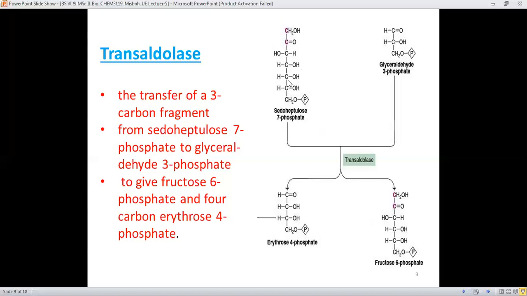When there is removal of three carbons from here, then only the bottom four carbons will remain over here. Then pseudoheptulose will no longer remain a seven carbon unit, it will change into a four carbon unit. And always remember the terminal carbon will not remain in this way, like the COH, it must be converted into the carbonyl functionality.